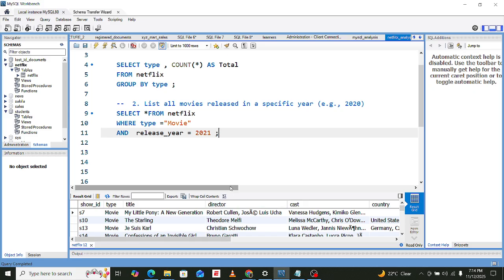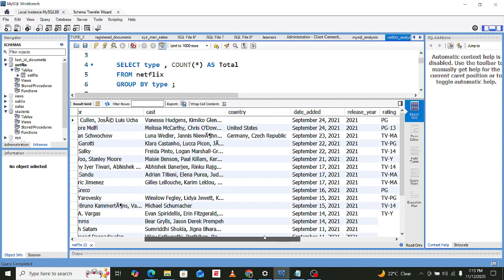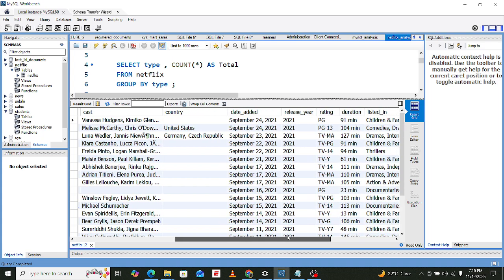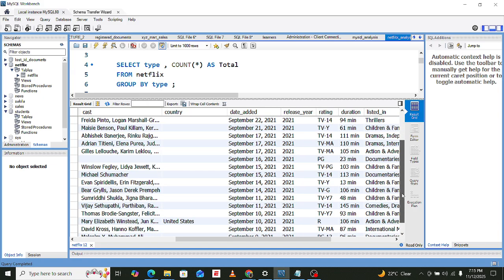Let's go through the output that we have retrieved here. You notice that we are retrieving all the movies that were released in 2021. You can confirm that by checking through the release year column.